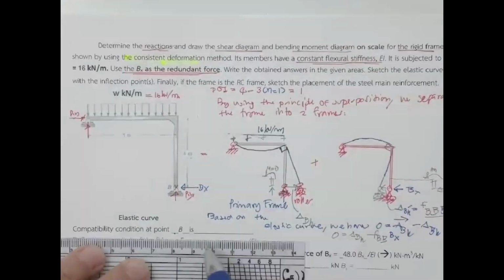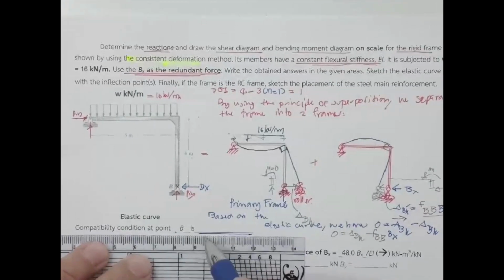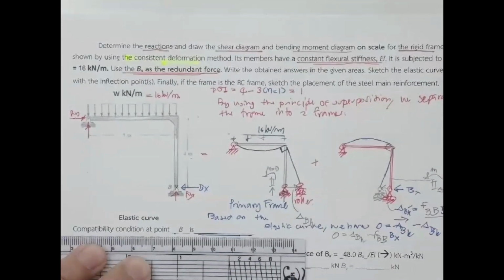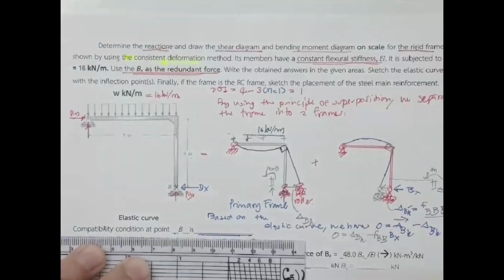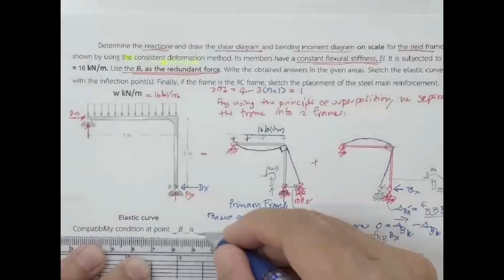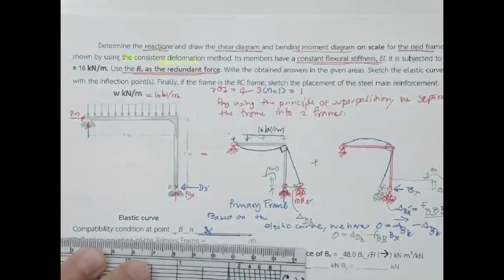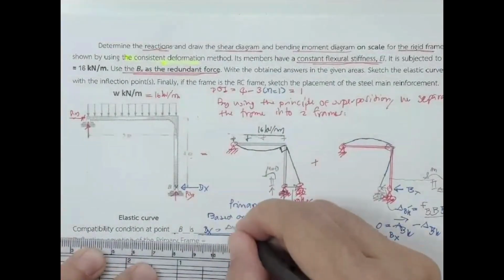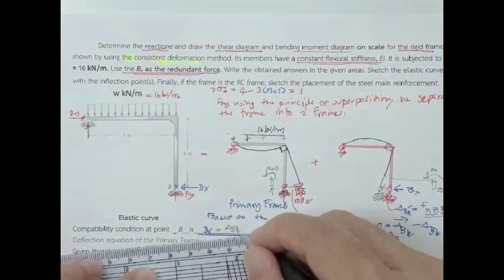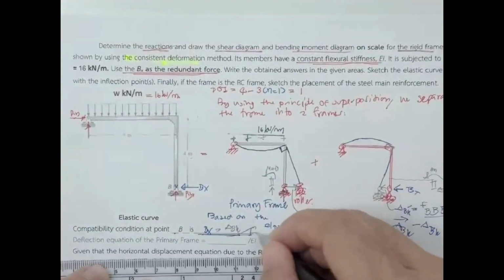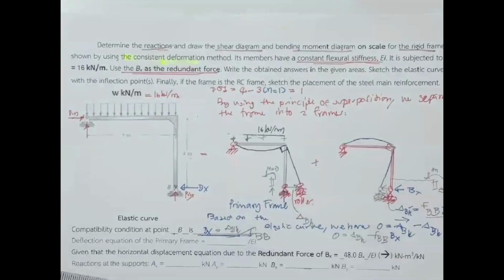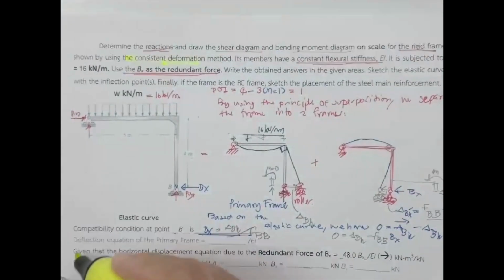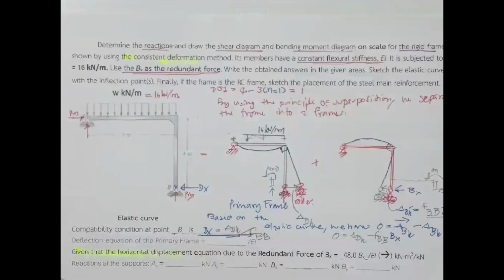And this is going to be your compatibility condition at point B. You may rewrite it as B sub X equal to delta sub BH divided by F sub BB. Okay. And then following the problem over here, it said, given that the